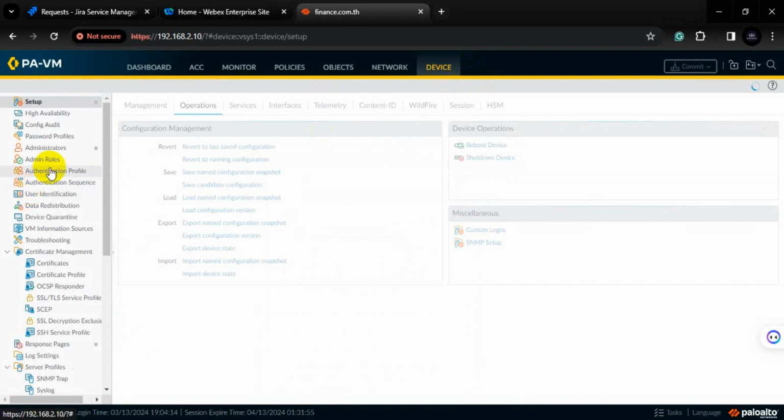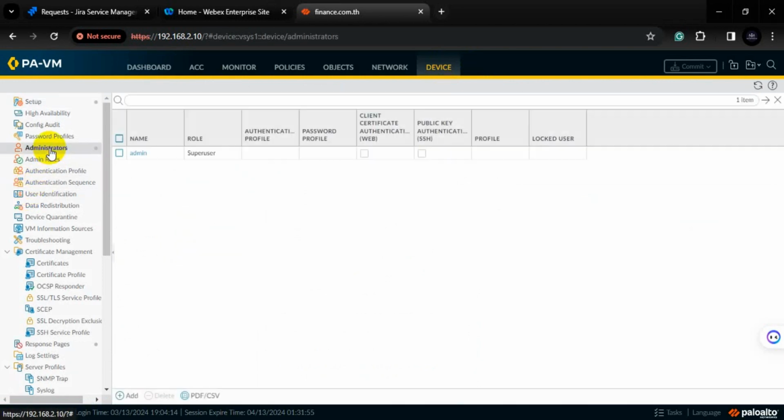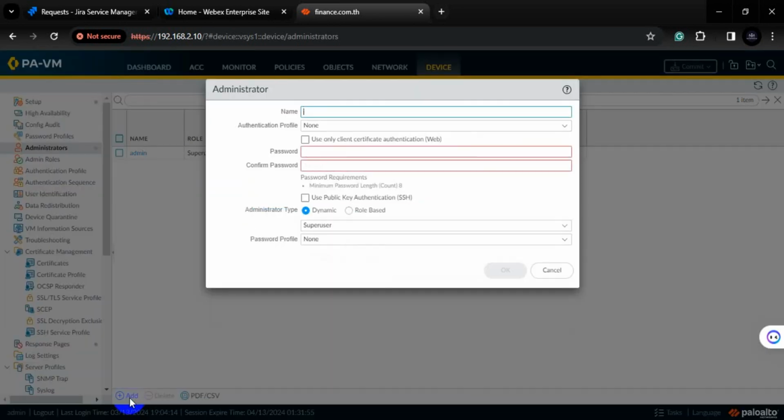Today I'm going to show you how to configure and create a local admin user on the Palo Alto Networks firewall. Okay, first you go to Device,